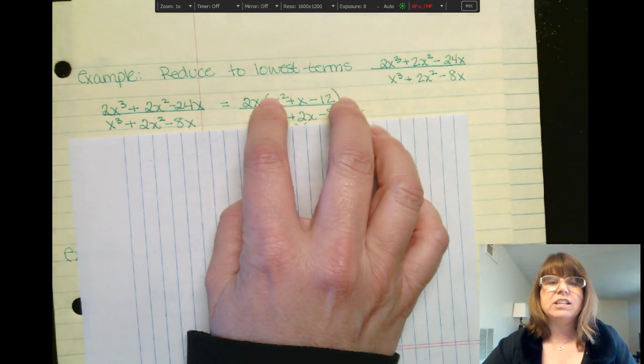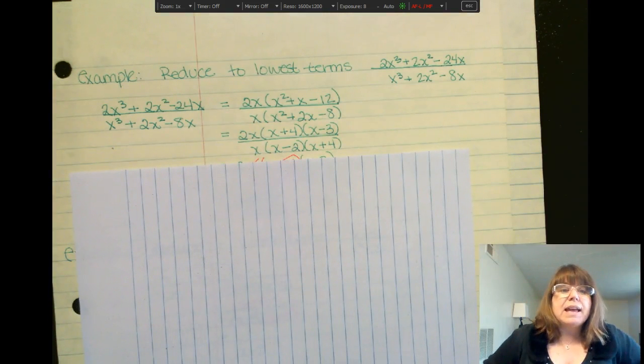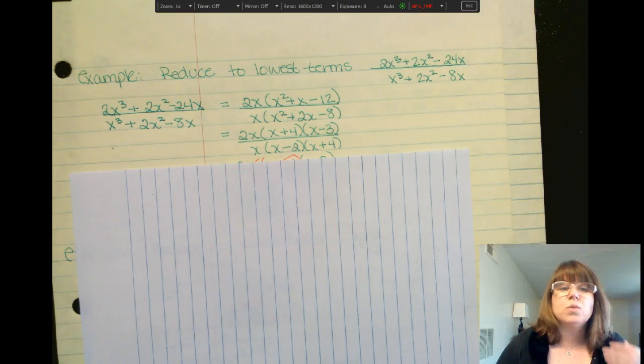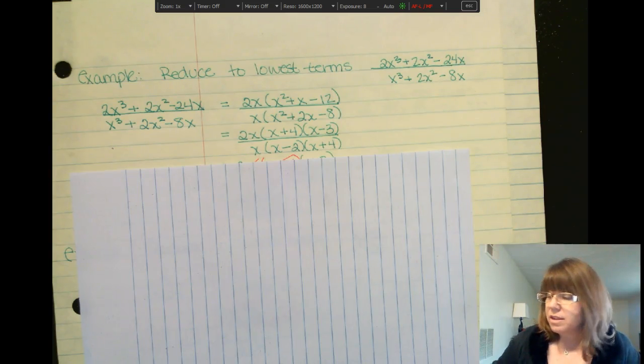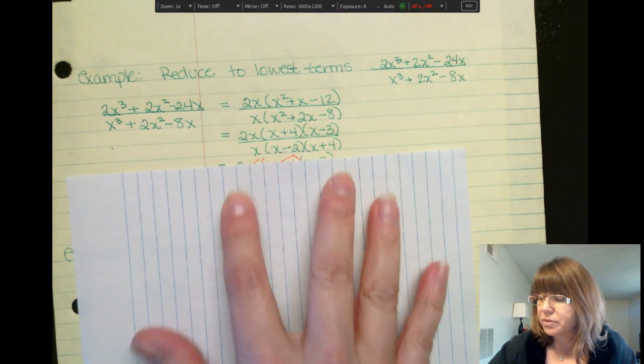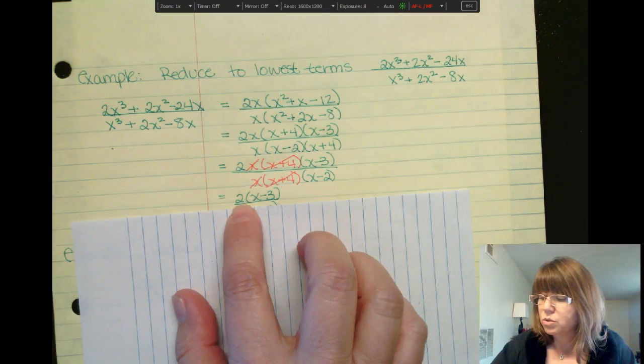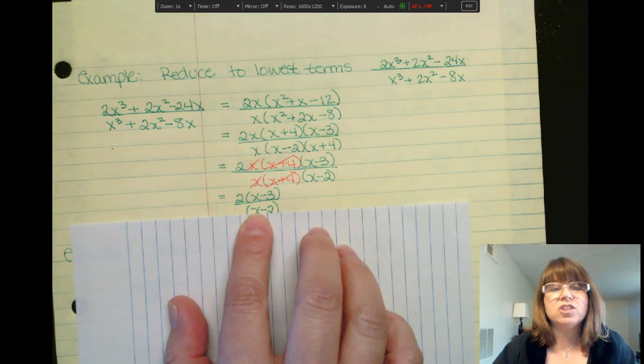Now I need to factor each of the parentheses. And therefore, 2x cubed plus 2x squared minus 24x factors into 2x times x plus 4 times x minus 3. X cubed plus 2x squared minus 8x factors into x times x minus 2 times x plus 4. Now they both have an x plus 4 in common, and they both have an x in common. So I can cancel those out, leaving me in the numerator 2 times x minus 3,